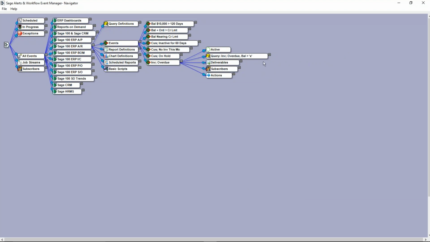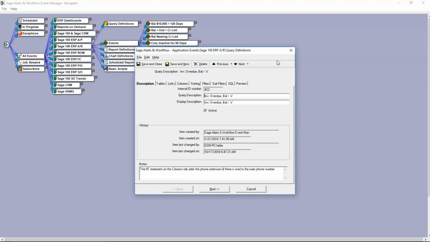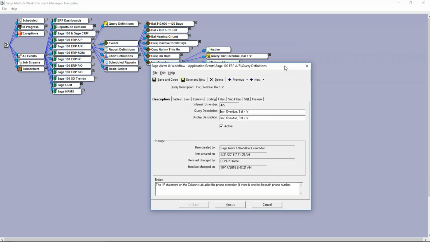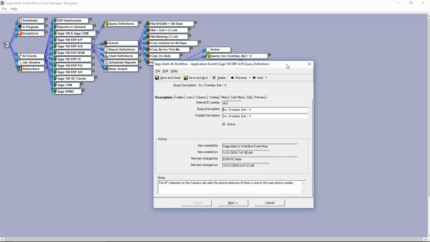For example, you might have certain customers you know always pay late, and so you need to exclude them from this logic. So I'd like to take you into what's called the query designer. Do you have to know how to write SQL or be a programmer in order to create or customize queries? Absolutely not. What you do need is a simple familiarity with the data and the database schema that's being